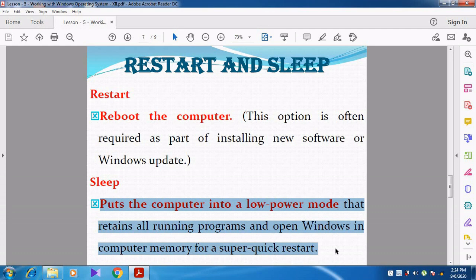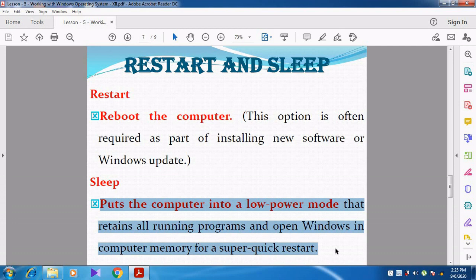Instead of locking the computer, you can go for the option called sleep, so that the power taken will be low. That is, the computer goes under low power mode, and the applications, files and folders, whatever you have opened, everything will be as it is. Right? We can go for a quicker start.